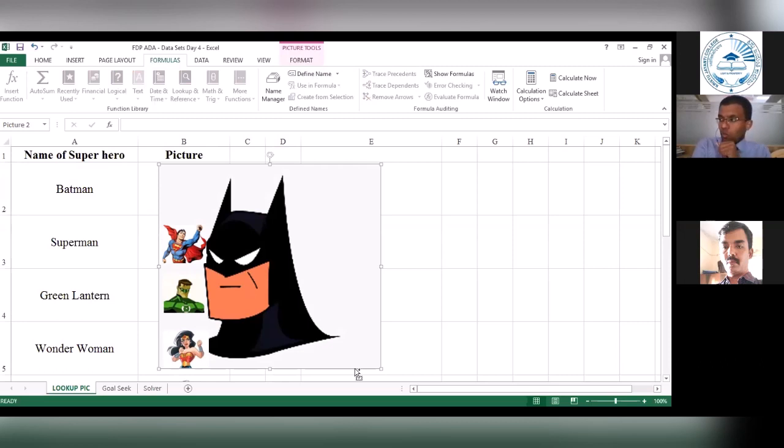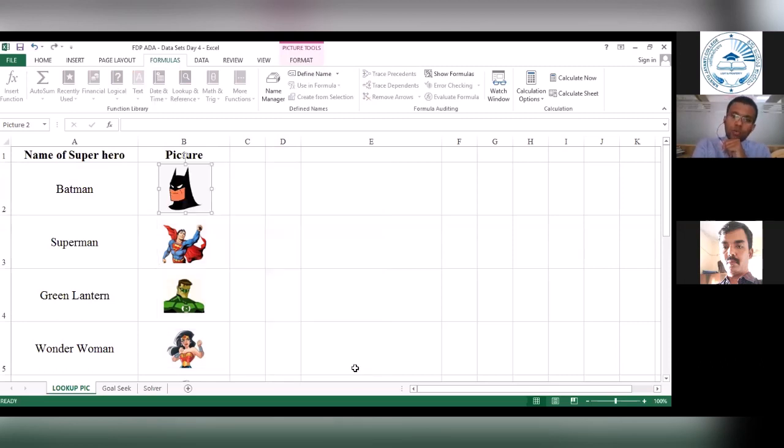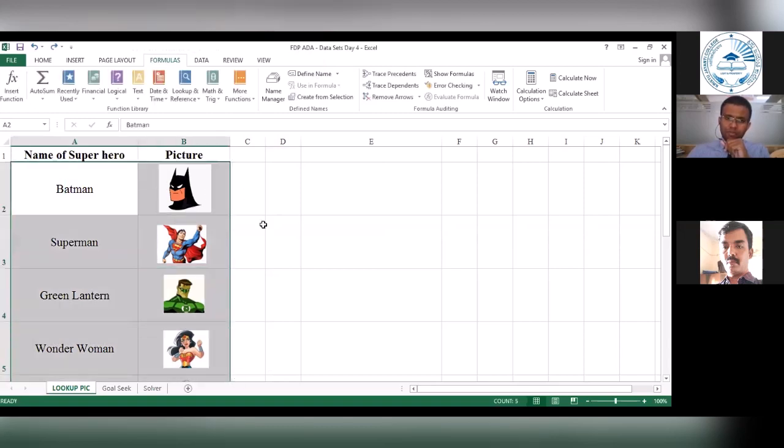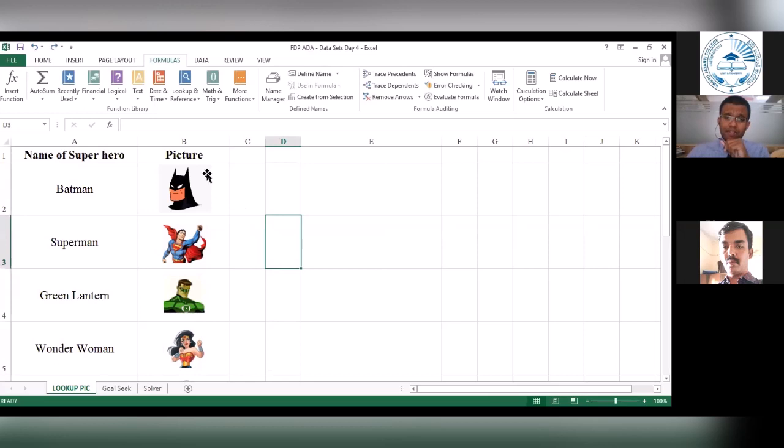It will not work correctly. So if your lookup functionality has to work perfectly fine, you have to arrange your data set in this manner, that is, you have to make sure that your picture fits within a cell.